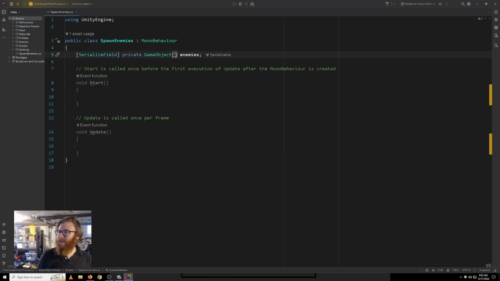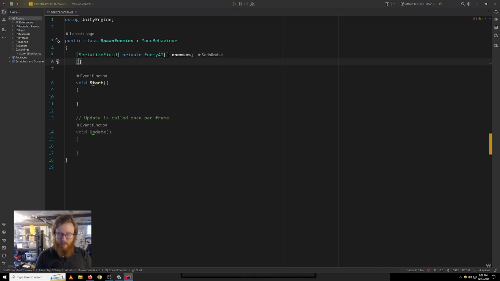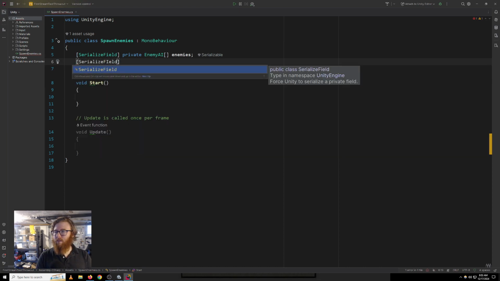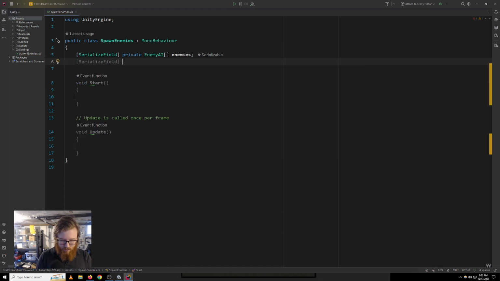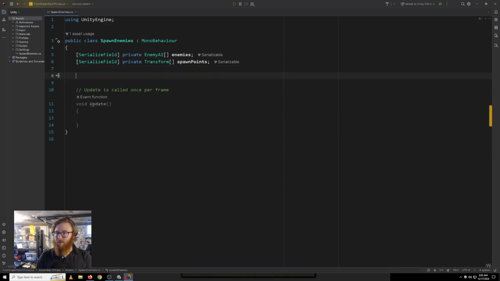We do not have a game object of enemies. We have enemy AI enemies. That actually is an interesting idea that the AI just kind of threw at me, of making that a thing and we just spawn enemies based on it. Private spawn points. Okay. So what we're going to do is, oh right, we also need a